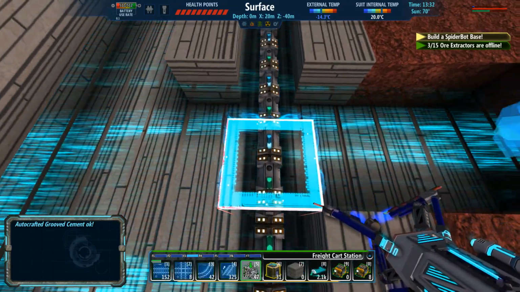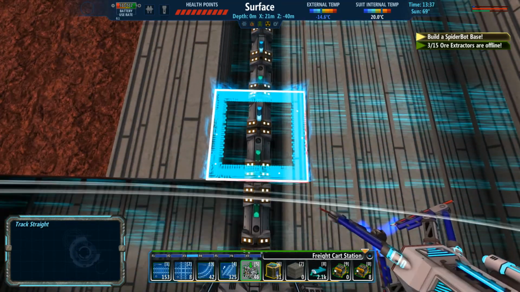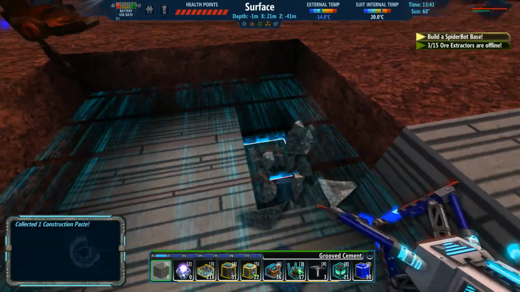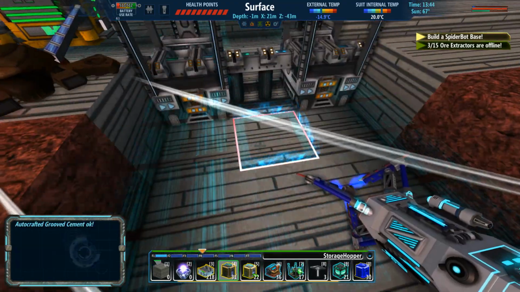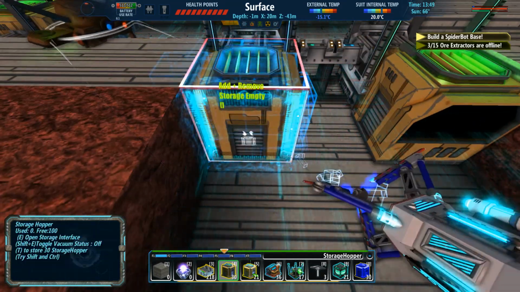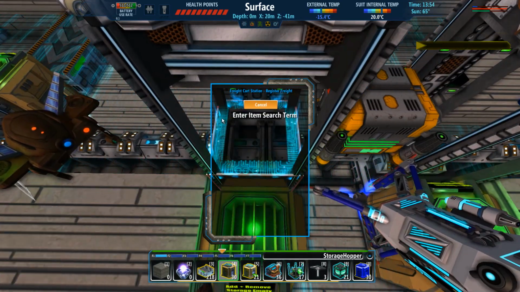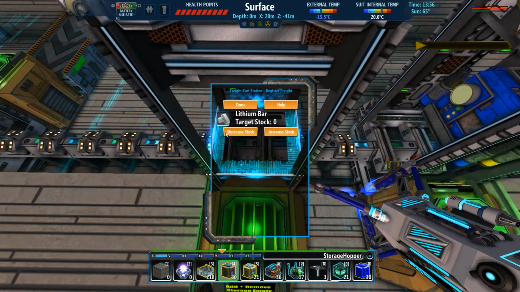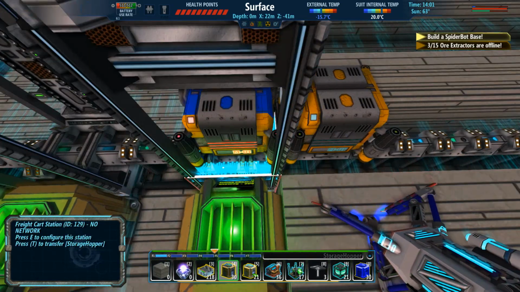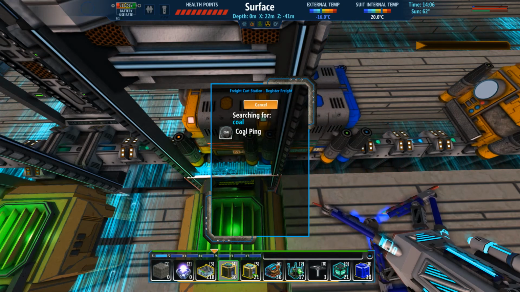I gotta turn the other way. But I'm going to need coal. Go over one more. And lithium to get delivered. So let's do directional for the coal, normal for the lithium bars. That's for making my charged lithium coils, and then I actually need the coal to power making the charged lithium